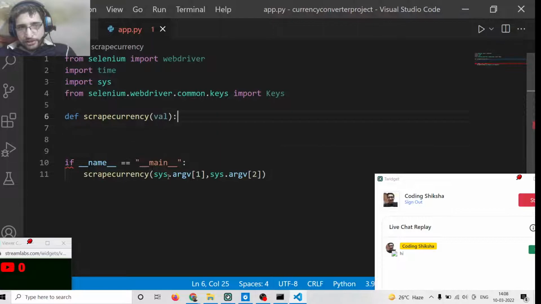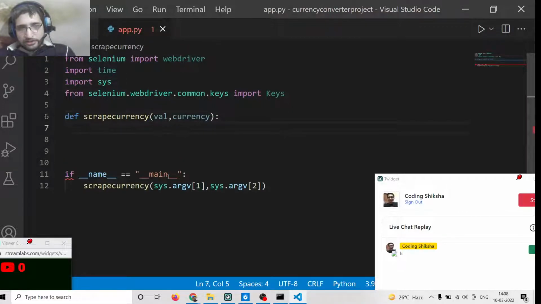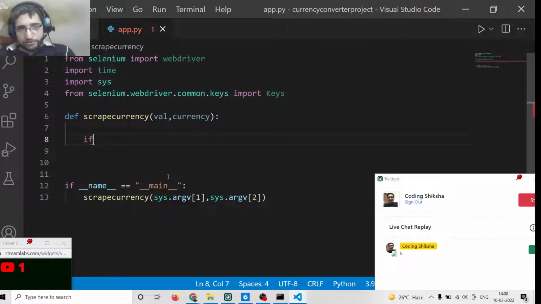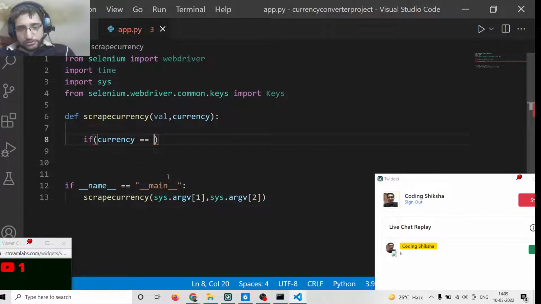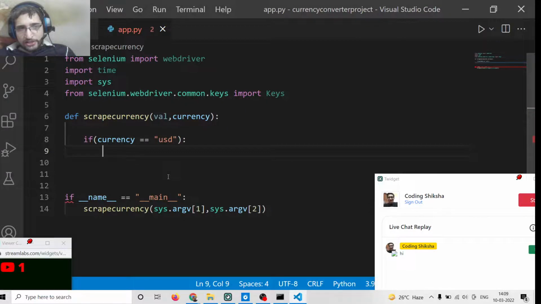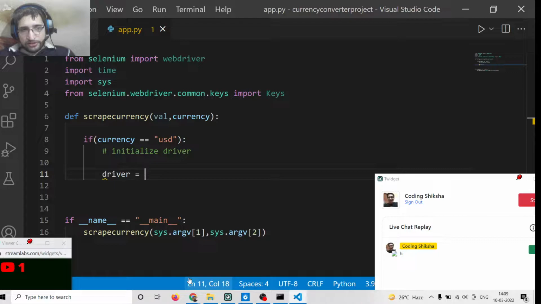So now we will get the value passed and the currency. So basically here inside this if condition, we will check if currency is equal to USD. So in that case, we need to convert USD to Indian rupees. So in that scenario, we need to execute. First of all, we will get the value. We need to go to the URL, but before that, we need to initialize the driver. So we will simply say driver is equal to,